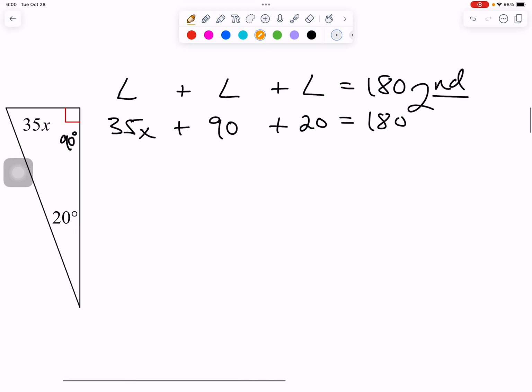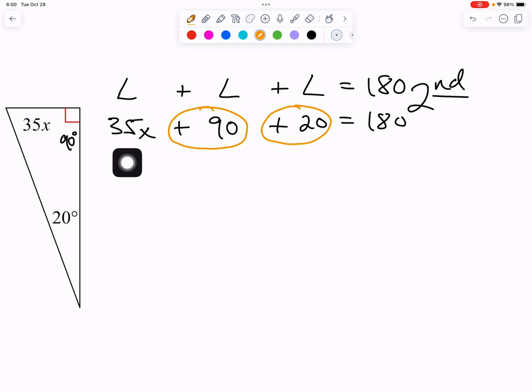All right, do we see any parentheses? Can we distribute at all? No. What shall we do? Yes, great job. Let's simplify the left side by combining like terms. My 35x, can I combine it with 90 or 20? No, but what can we combine? Yes, the 90 and the 20. So I'll circle those two as we will combine both those terms. As 35x, do me a favor, just simply rewrite it. 90 plus 20 is, great job, 110, equals